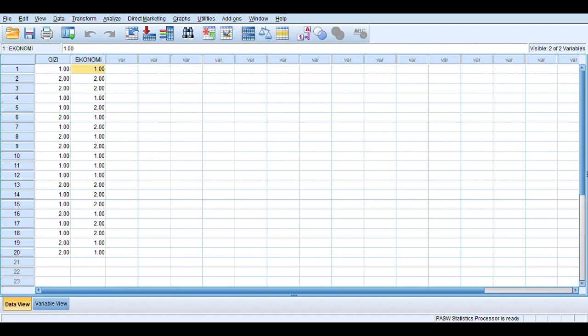The bivariate analysis can be stated significant if P is 0.012 and P is less than 0.05. Yes. Very good.